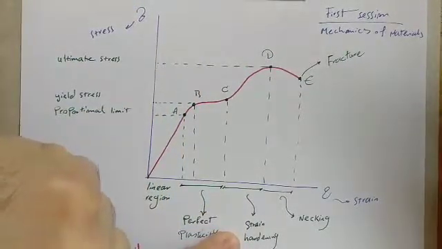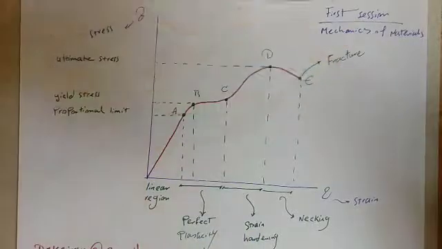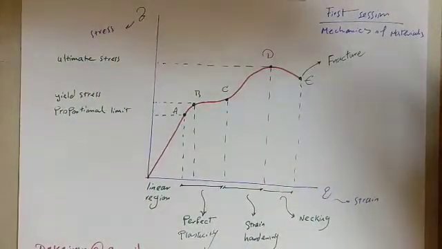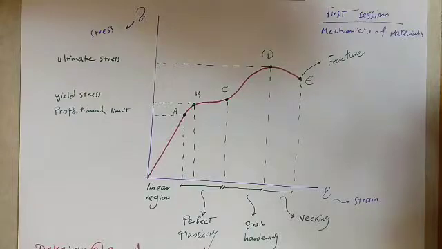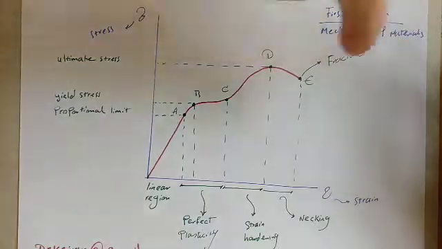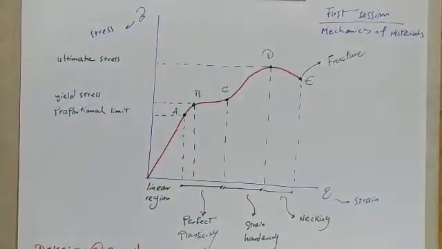We call it hardening because the material shows itself to be harder and tries to resist the same deformation. Up to point D, we call it the ultimate stress. The ultimate stress is the maximum load in tension or compression